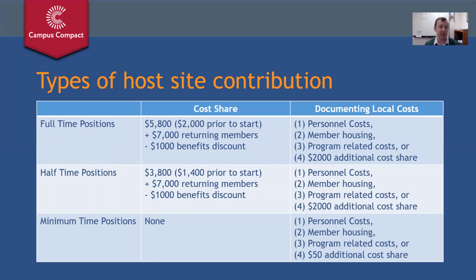So for our full-time positions, we have a cost share of $5,800. We do ask that $2,000 is paid prior to the position start. And then if it is a returning position, there's an additional $7,000 cost share for the returning member. We do ask the host site to be able to pay that fee. However, we are offering a $1,000 discount if additional benefits are provided to the full-time or stipended positions. And you can apply for that in the host site application. The types of benefits that we're looking for are like housing or meal plans or other sorts of benefits that are provided to the full-time member,